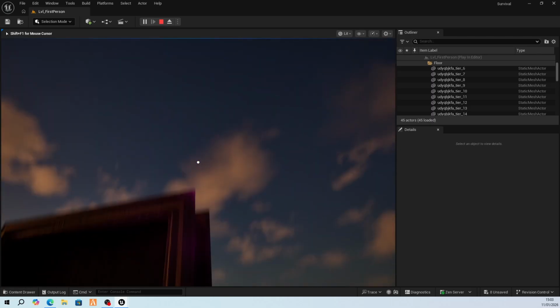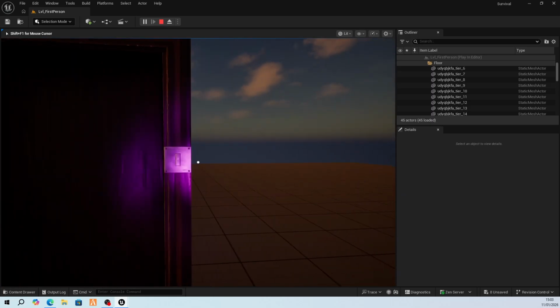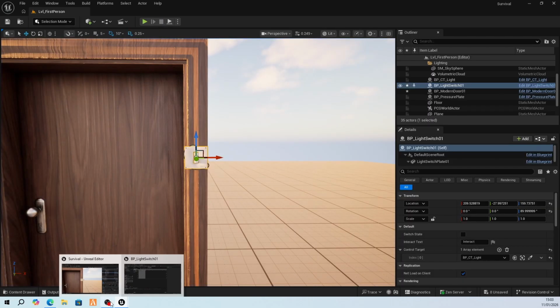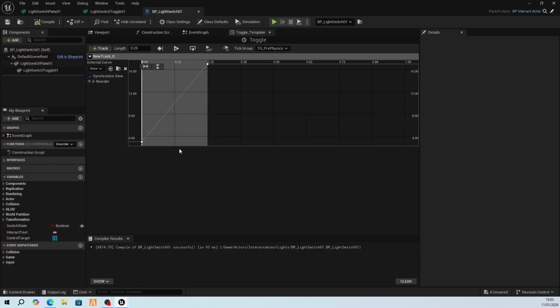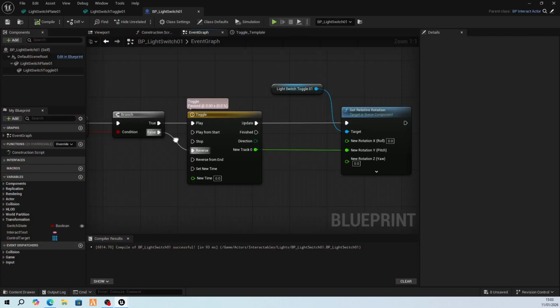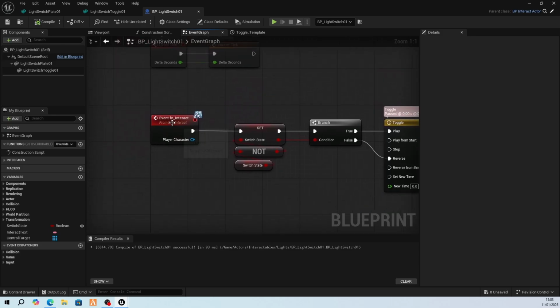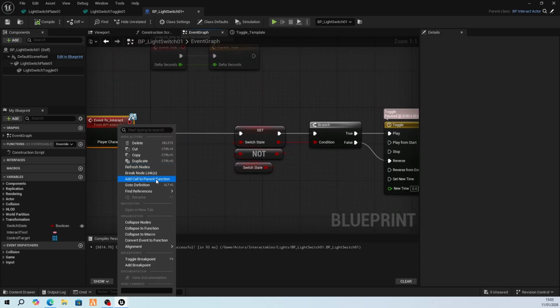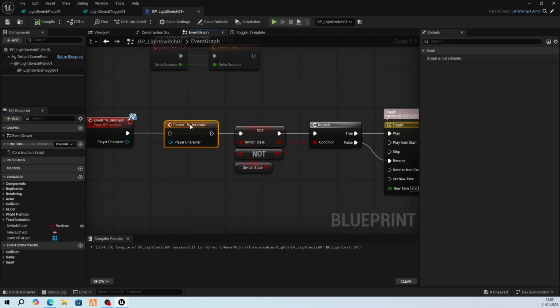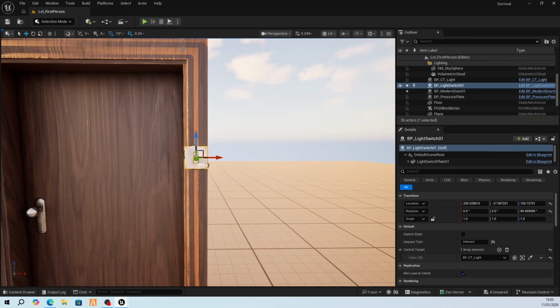Perfect. But as you see, the lights start working, and that's because I said it was already interacting, but we forgot our major important component that doesn't seem to be done automatically: this doesn't call its parent function. So drag this over a little bit, right click on it, add call to parent, and slot that in there. We'll add the player character in. I don't need it, but we just put it there by default. So now